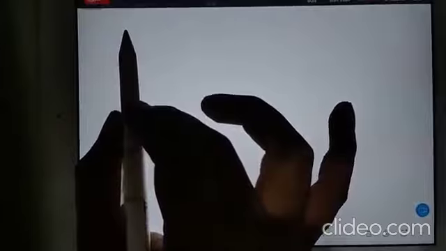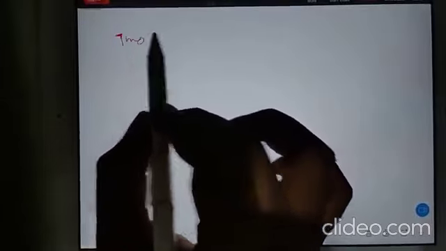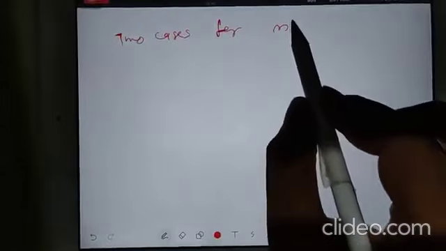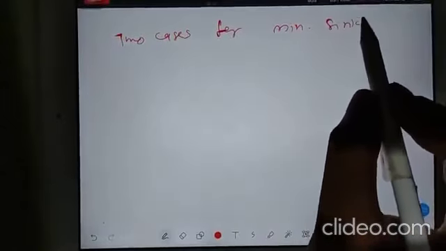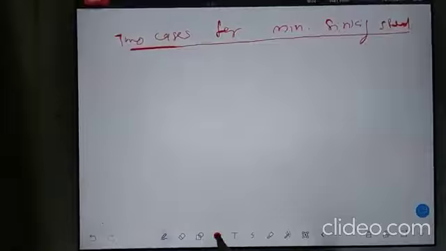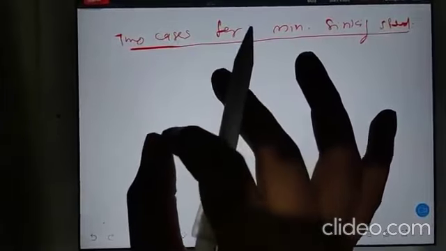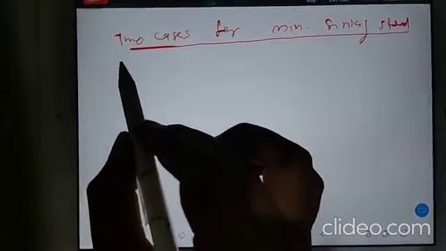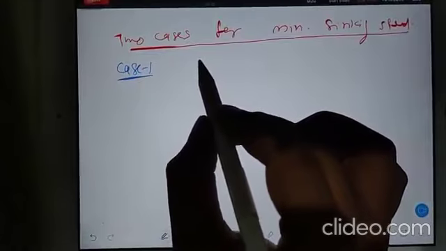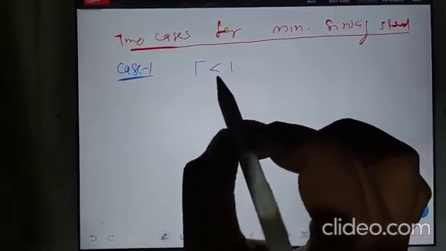See, you have to write. Actually, what we are going to do is find out the sinking speed. So you write two cases for minimum sinking speed. See, the authority has decided this. Case 1. The aviation authority says that if your gamma is less than or equal to 13 degrees, then it will be